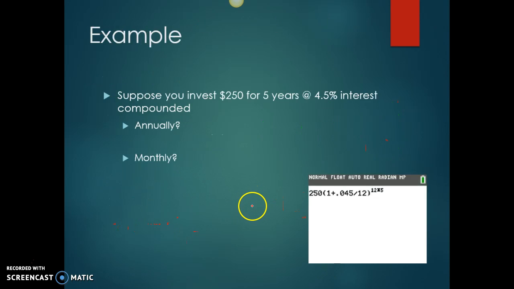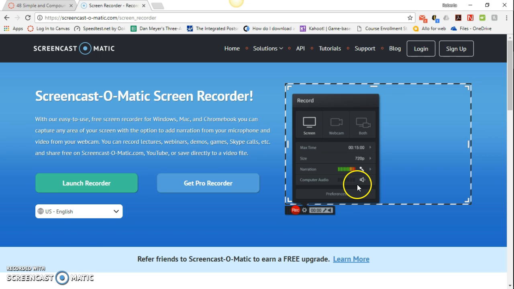And we're going to type it in just as you see it here for annually. So again, we have the formula A equals P times 1 plus R over N raised to the NT power. Annually is 1, and so essentially the 0.045 divided by 1 goes away. This is monthly, not annually, because that would be 12. So if we will type in our annually or our yearly,